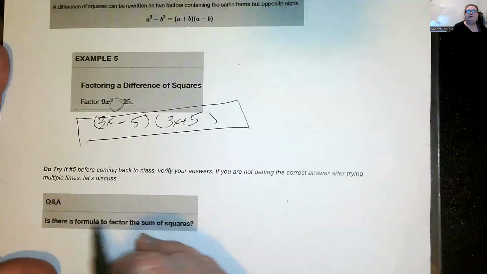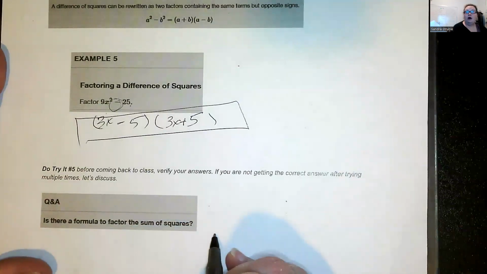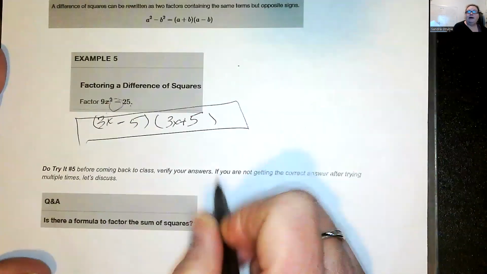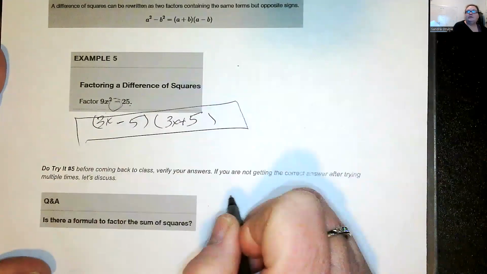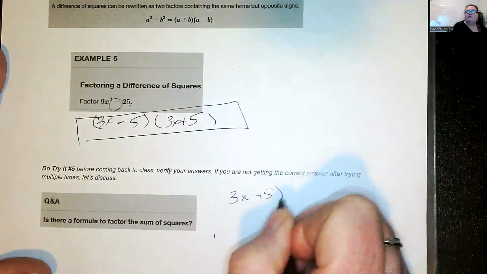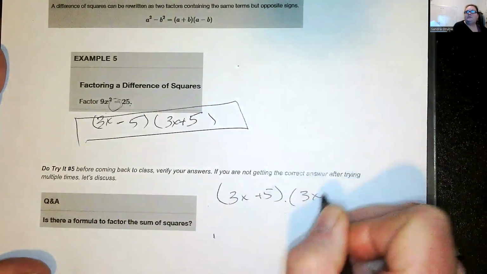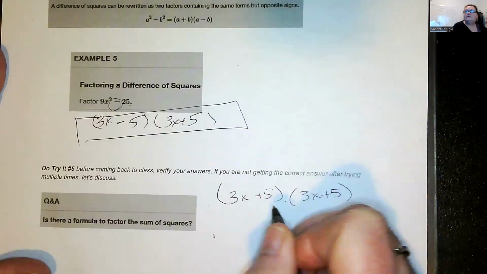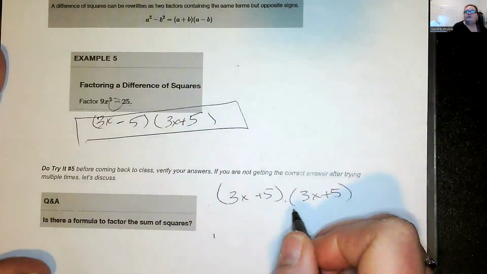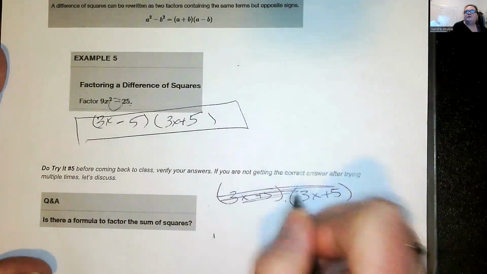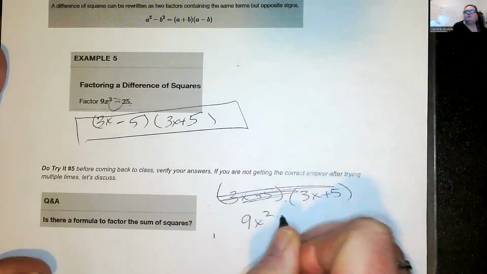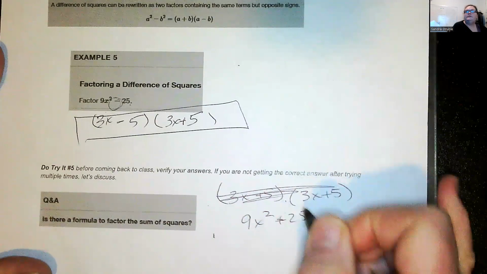Now, is there a formula for the sum of squares? There is not. Because if you have, let's use the 3x, 3x plus 5 and 3x plus 5. Yes, that's 3x plus 5 squared. Oh, they're wanting to go the other direction. So they're wanting 9x squared plus 25. Well, if we did that,